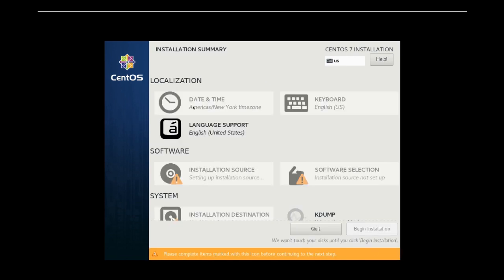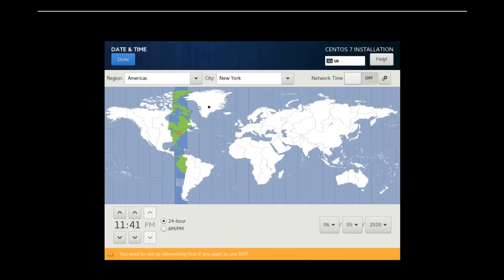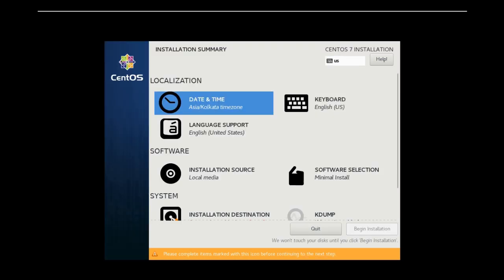Select the appropriate date and time. We are in India, so select Asia, Calcutta and hit done. Software installation is minimal because I am using a minimal ISO here.